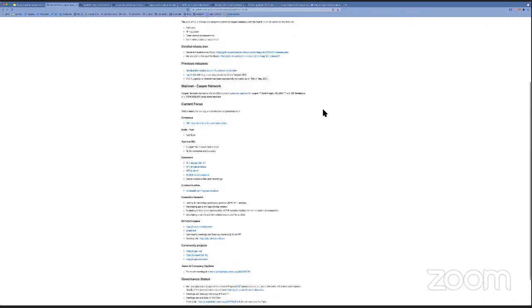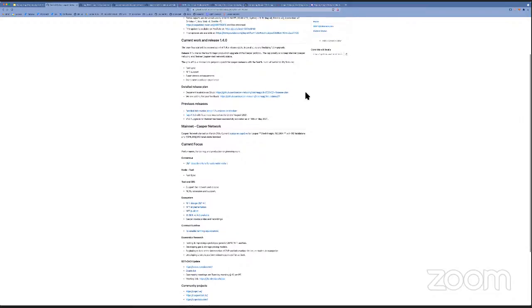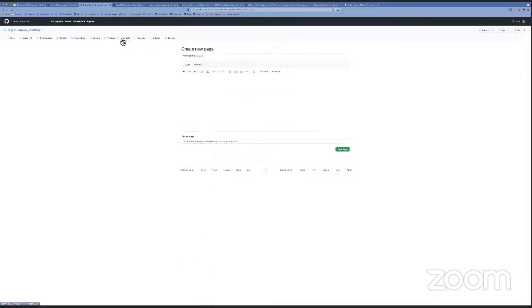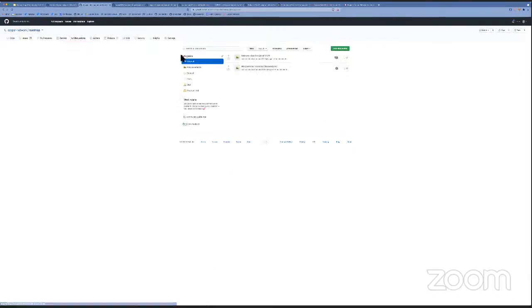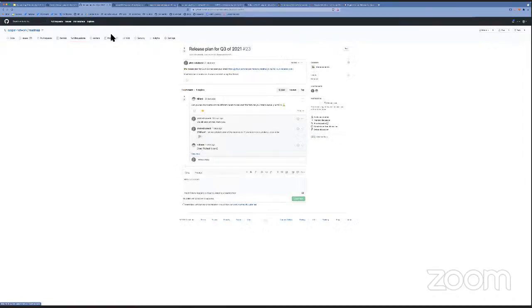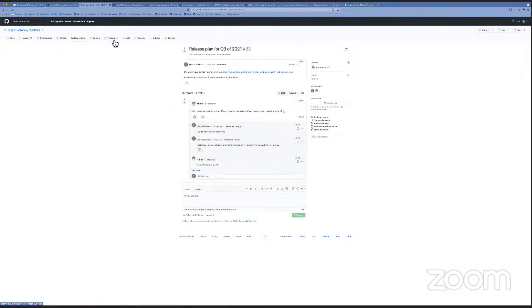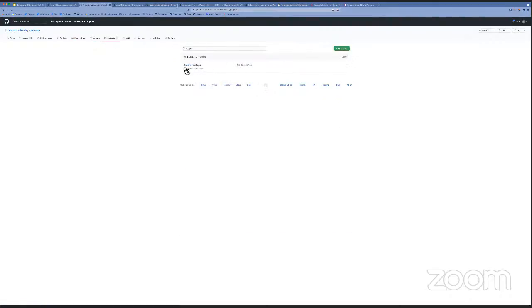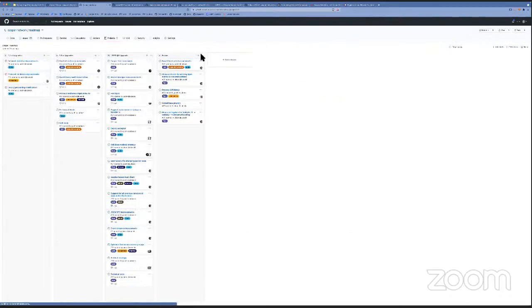If you want to check what is currently on our plate, there is a release plan that is available for you to review. We opened the discussion document that is pinned here. We have our project inside the roadmap repository, where you can see in detail what are the features that we are working on.